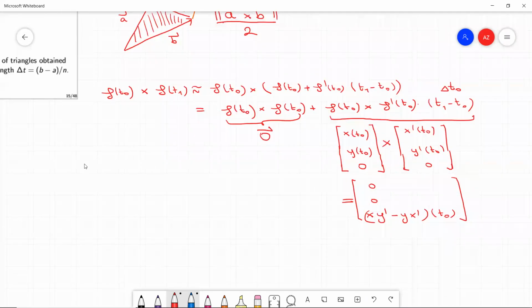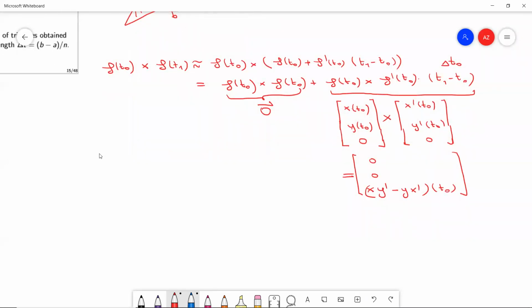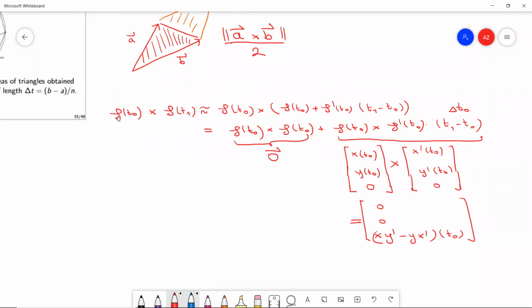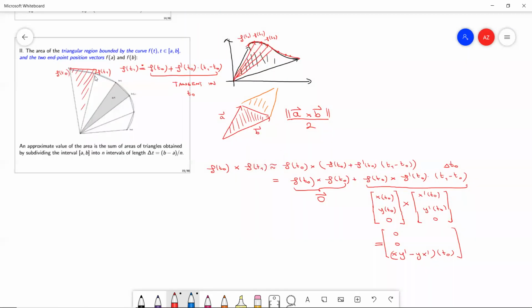Okay. And so what is then our area? This is then the approximation: 1/2 of the norm of this vector. So 1/2 of this third coordinate is then the approximation for the area of one triangle. And as always in analysis, what we do is to do the limit. We do the limit division, a lot of points. Those differences between the consecutive t's go to 0. And what we get is, in fact, the Riemann sum. So the area is the sum of